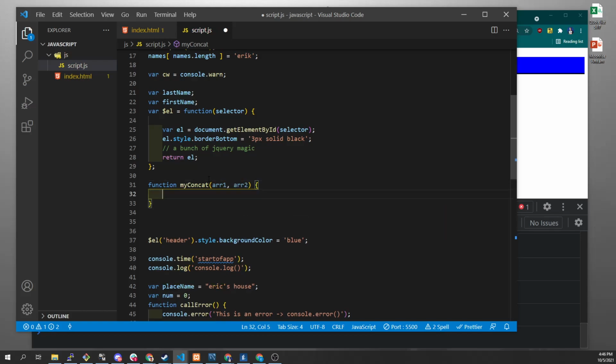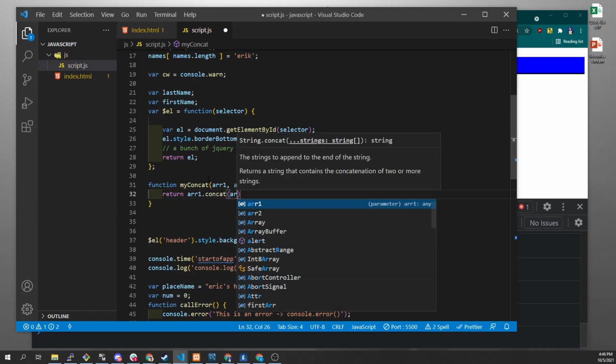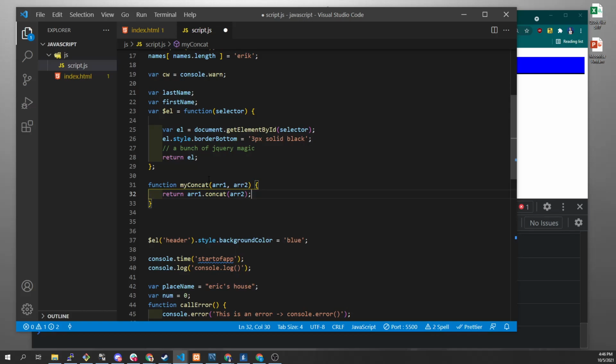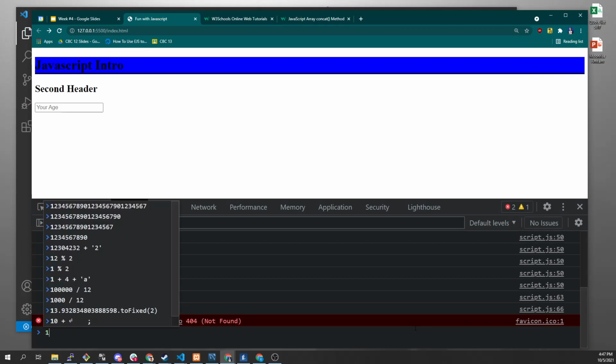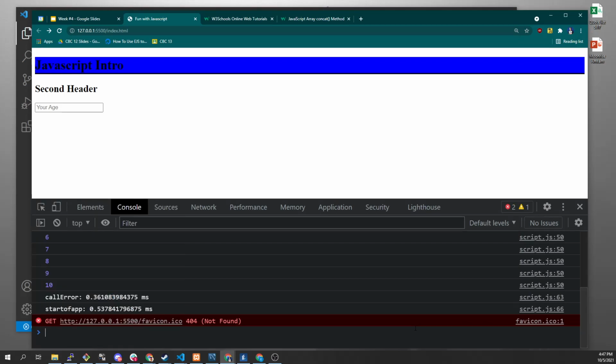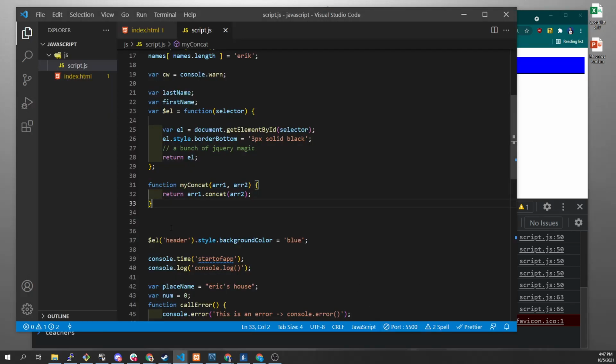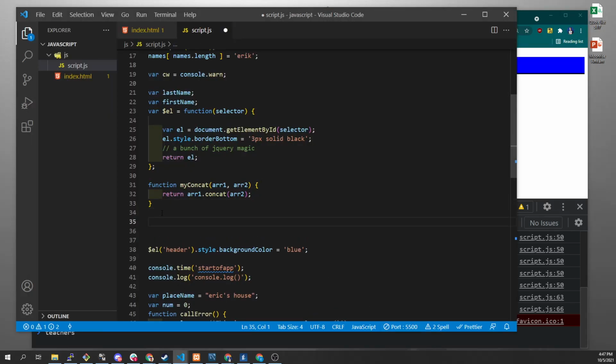And then I could say return R1.concat(R2), right? I could write it like this. I'm returning the value that is being returned from this function itself. So if I was to call my concat, it's returning those two things, right? So it's not being recorded at all. It would only be recorded if I came in here and said var myNewArray equals myConcat,